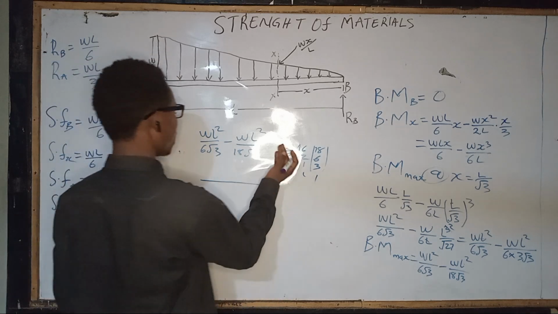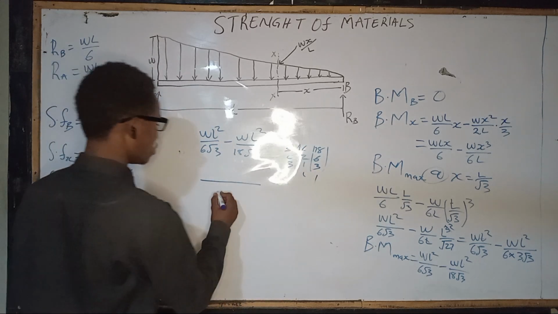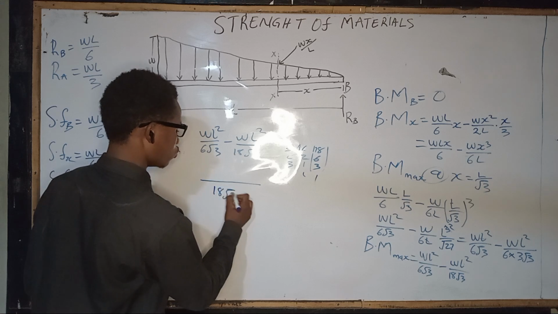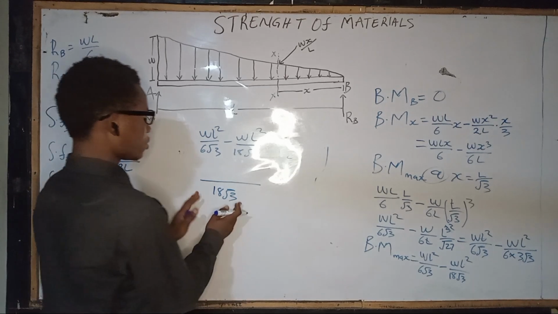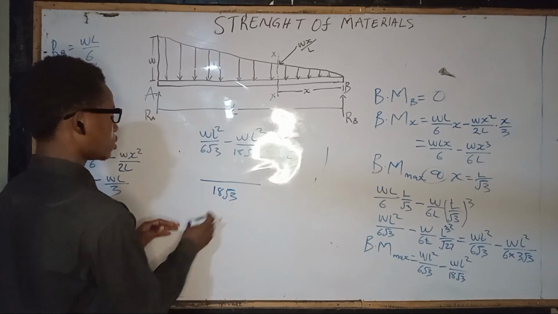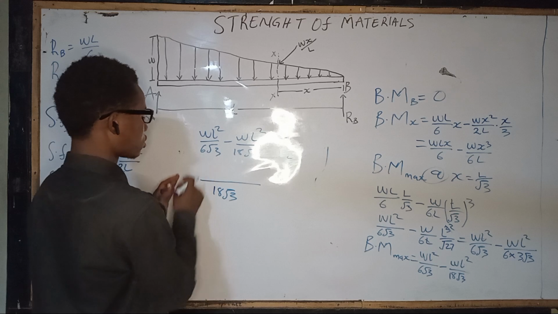So right here we have our LCM to be 18 root 3. So since I got our LCM to be 18 root 3, 18 root 3 in this,